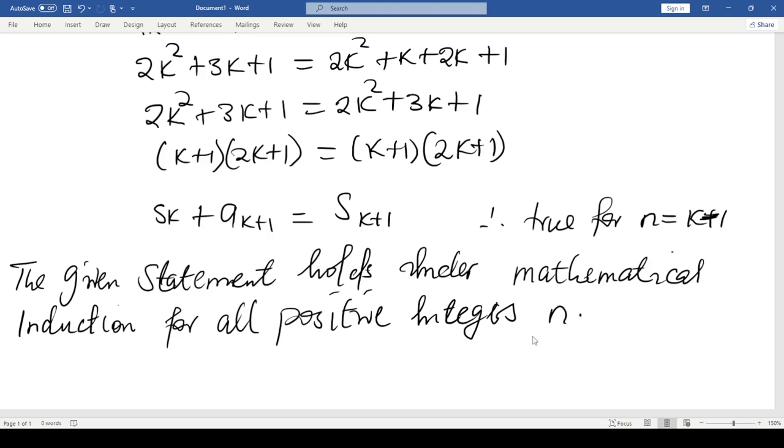So n can be any positive integer there, so it holds there. So meaning that here we've shown to say that that statement that we have there is true for n equals to